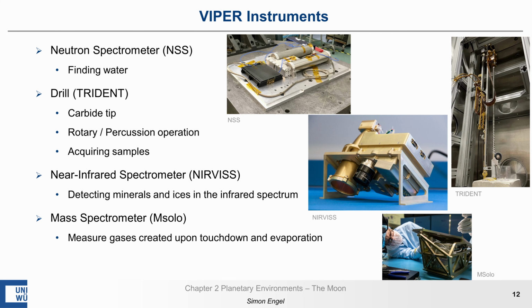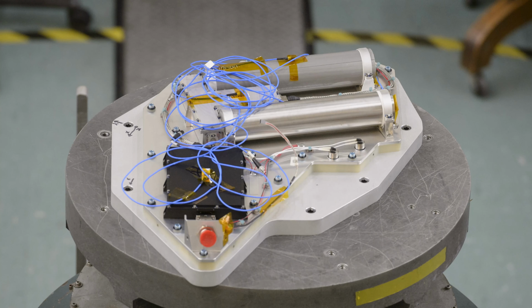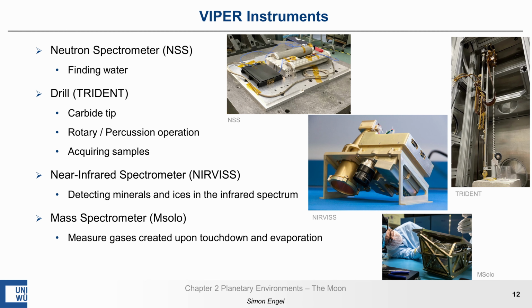The first one is the NSS, which is a neutron spectrometer that points down and can detect water in up to 1 meter depth below the surface. This is done by analyzing the number and energy of neutrons that come from the moon. If these neutrons collide with hydrogen atoms, they lose energy, which then can be measured. And as water consists of hydrogen and oxygen atoms, the neutron spectrometer is a pretty good tool for detecting water below the surface. In this way, the rover can map the presence and amount of water in the soil while driving. This helps us to determine places where to drill into the ground,